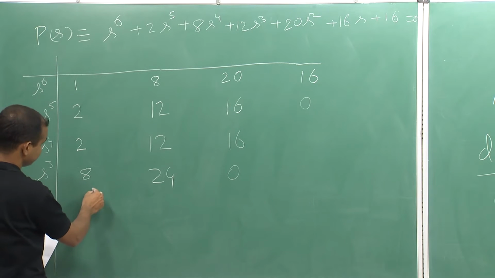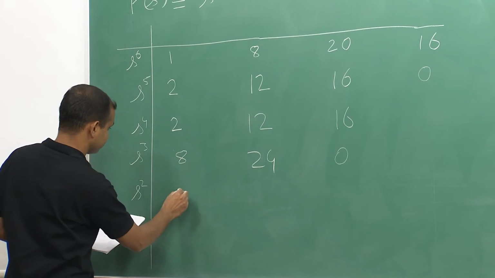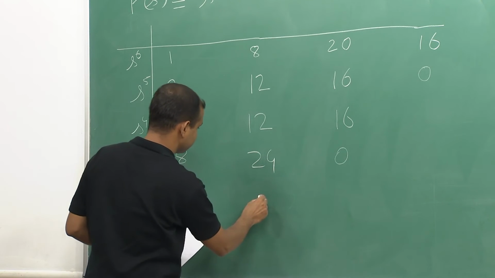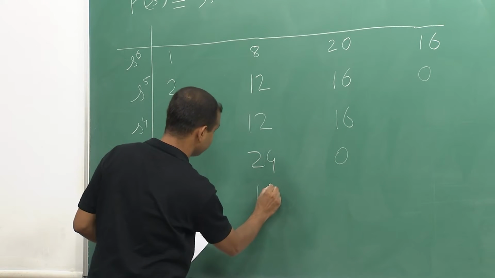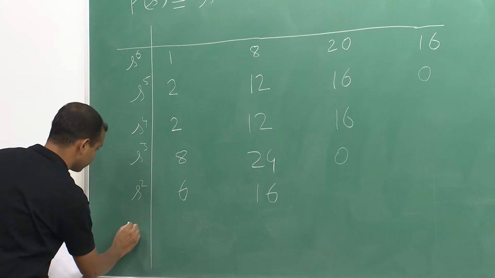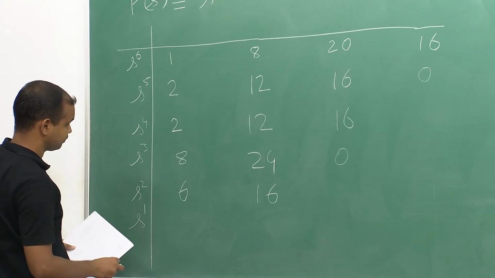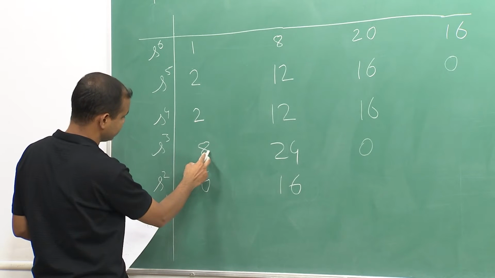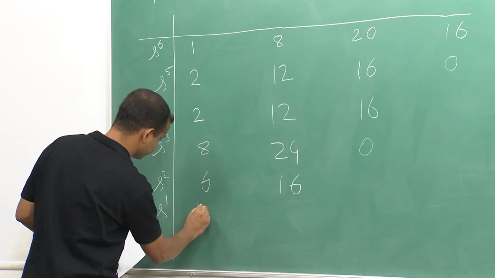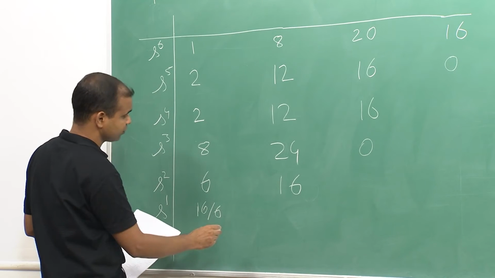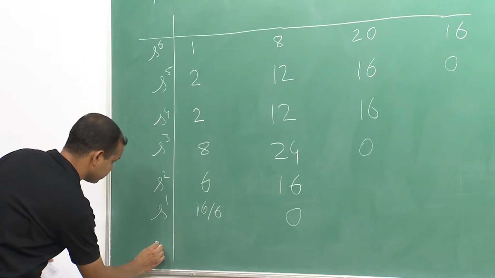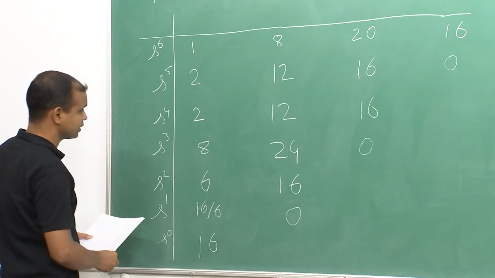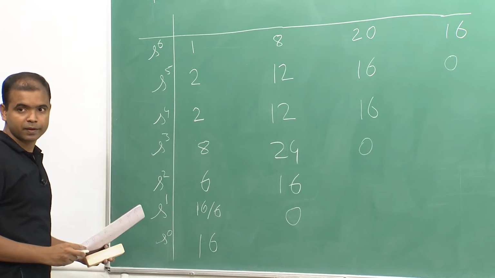The coefficient that I will get here will be 6. If I calculate, I will get 6, and here I will copy this 16 directly because here is 0. So, this will be 16 for s to the power 1. Here I will get (24 into 6 minus 16 into 8) divided by 6, and this will be 16 by 6, and here is obviously 0. For s to the power 0, I will get 16. So, in this case all the coefficients are positive, but